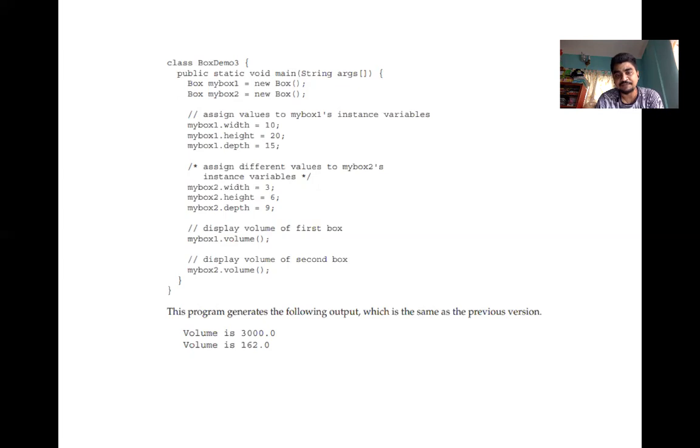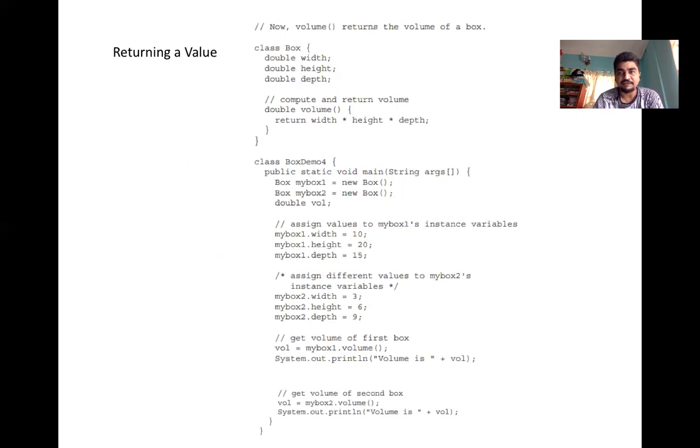Inside the first class, I have specified that it should multiply height, width, and depth. Similarly, mybox2.volume will also compute the volume. So this program generates two different outputs for two different boxes: one volume for the first box, mybox1, and the second volume for mybox2.